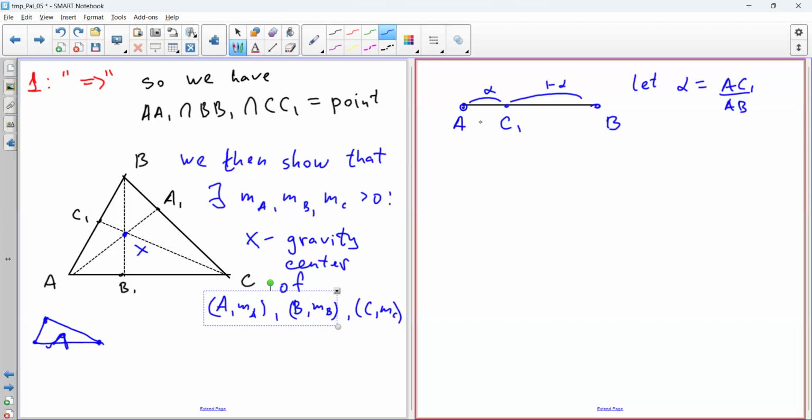So here I came to this idea of equilibrium by considering the classical situation for center of mass in physics,